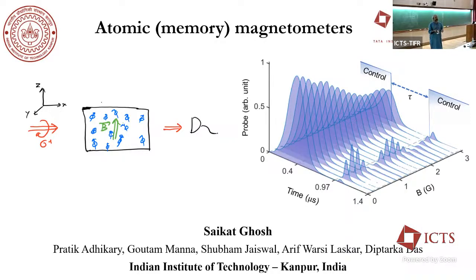A few things I'll try to go into a little bit of detail, but this will basically be a very simple, back of the envelope, experimentalist way of thinking about things and the most basic things that we have been concerned about. And actually this lecture is partially about magnetometers in a standard sense and how to think of them as an experimentalist, but also partially about atomic memories. So it's a combination of two things coming together, and I'll try to argue that there might be sufficient interest to think of atomic memories as good magnetometers, or at least that's how we are looking at it.